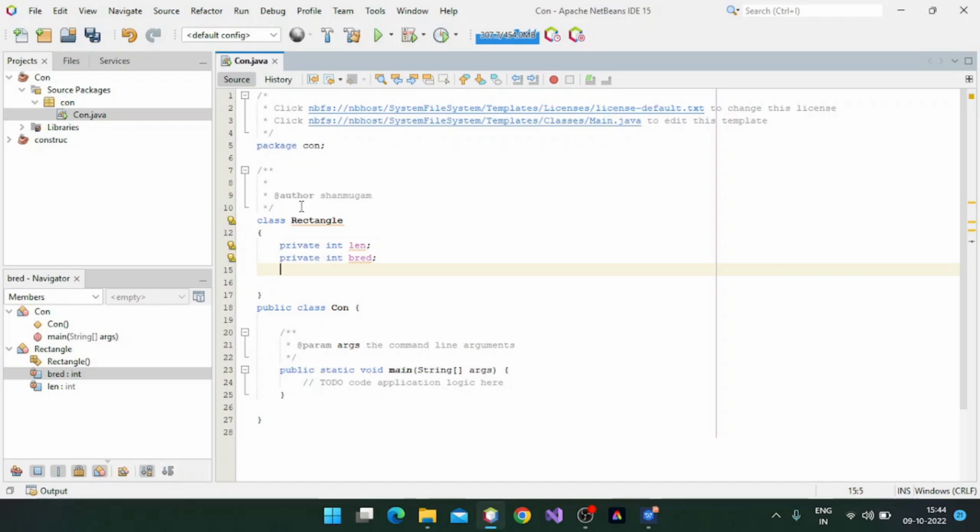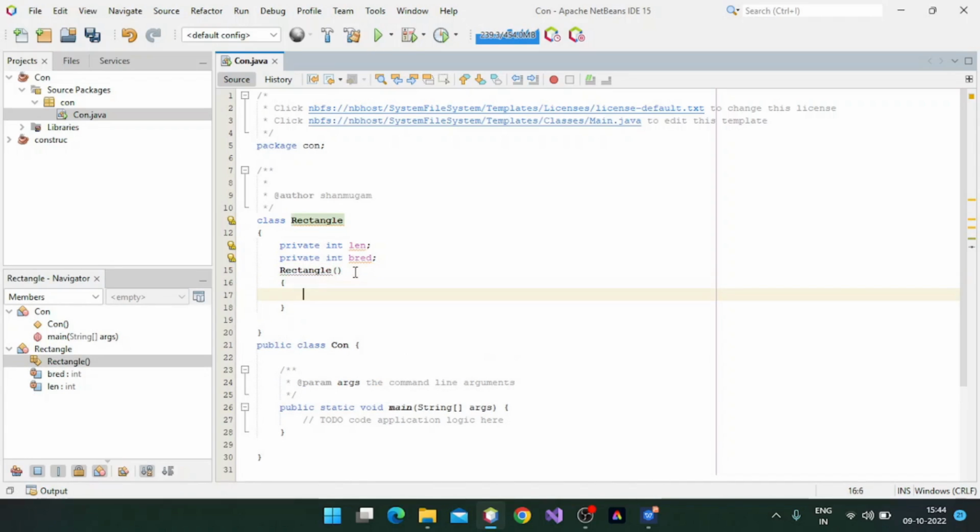So the constructor is nothing but a method, but it will have the same name as the class. So Rectangle is the name of the class. I am using the same name to define a function here. It's a method and I can write something inside this one,